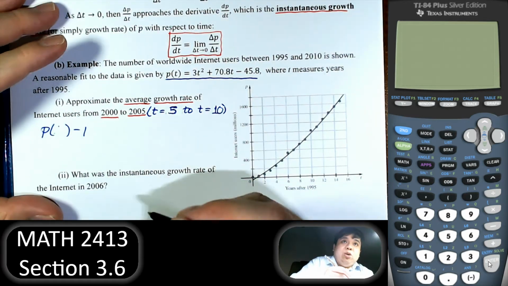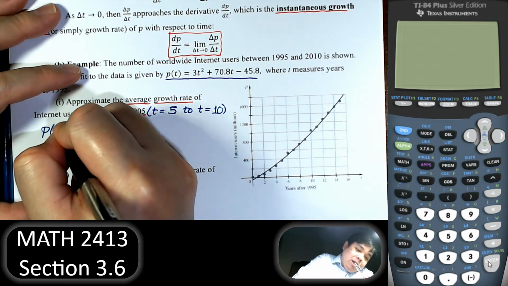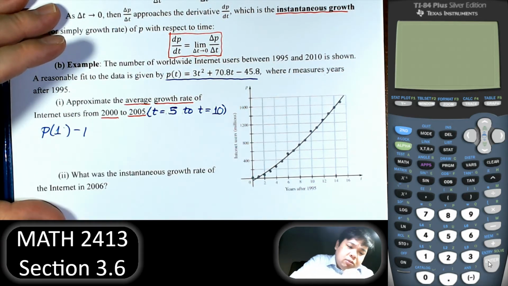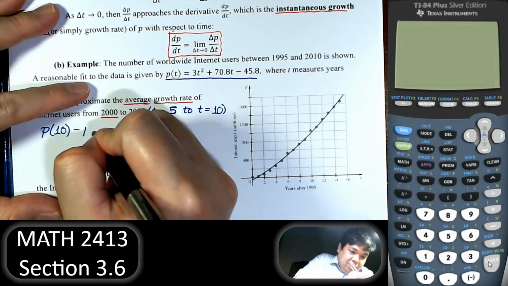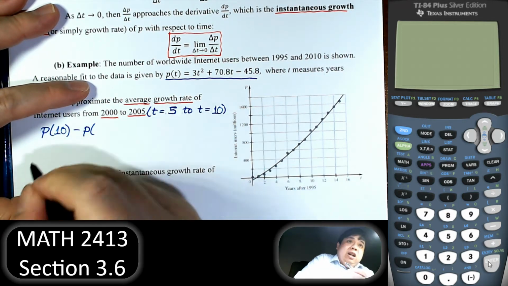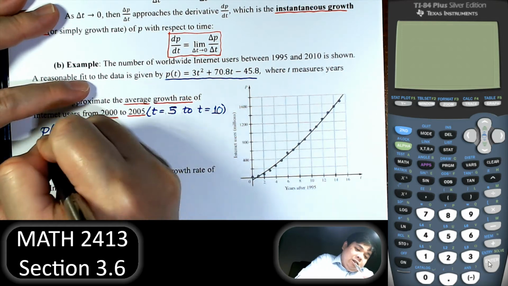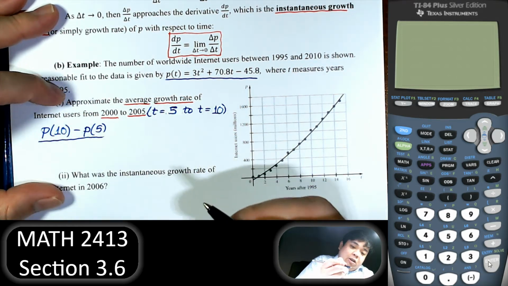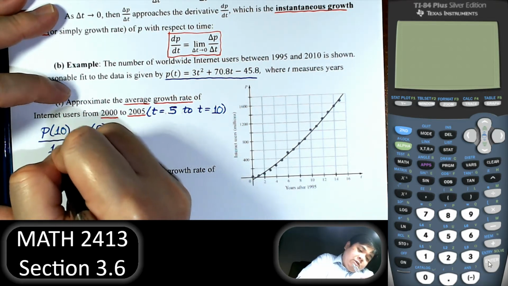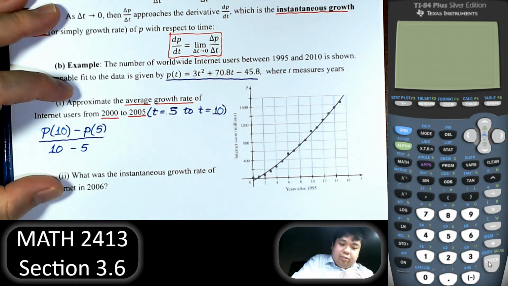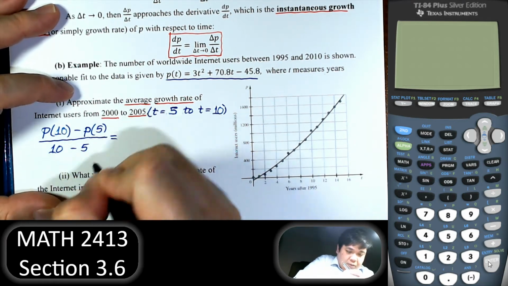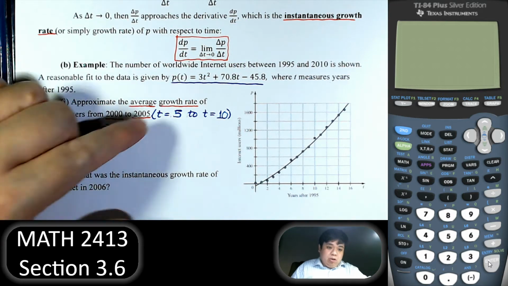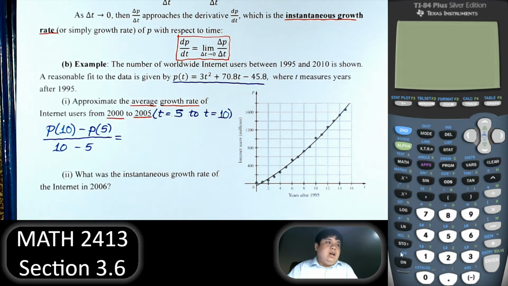So from t equal to 5 to t equal to 10, meaning 10 years later, minus the data at 5 years later, divided by 10 minus 5. Of course, that is the function. The way we do this is,